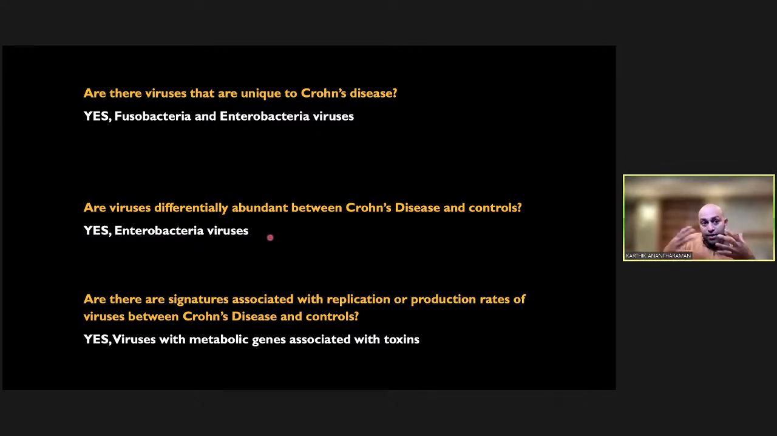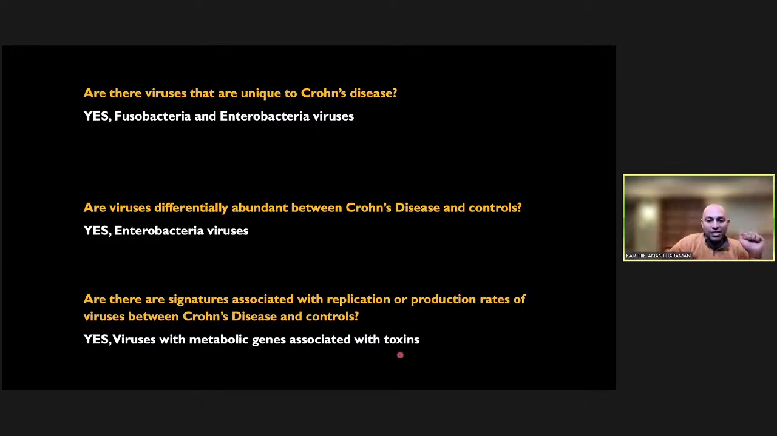The answer is yes, there are viruses that are differentially abundant, and it seems like these are Enterobacteria viruses. Third question was, are there signatures associated with replication rates of viruses between Crohn's disease and controls? And that's what I just showed you. The answer is yes, there are viruses with very specific metabolic genes associated with toxins that have differential replication rates